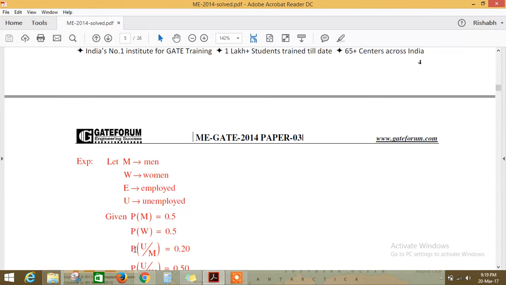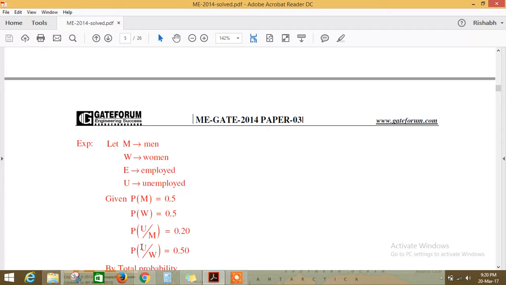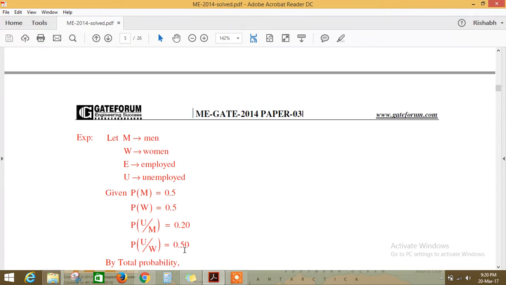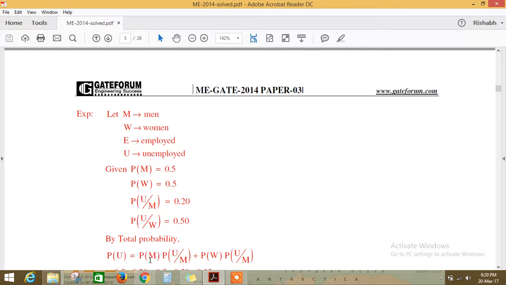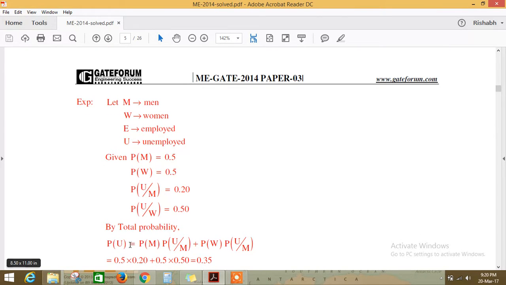So the probability that if we select a man who is unemployed, okay, this is 0.2 basically. And similarly, the probability that if we select a woman who is unemployed is 0.5. Okay, so we have to select a person who is unemployed, so it can be either a man or a woman. So by the definition of conditional probability or total probability, you can say the probability that a person is unemployed is men